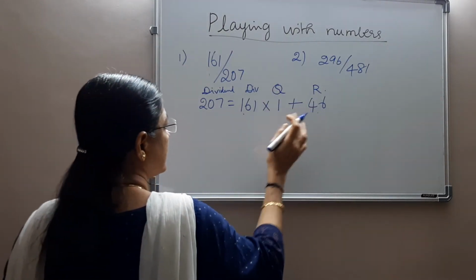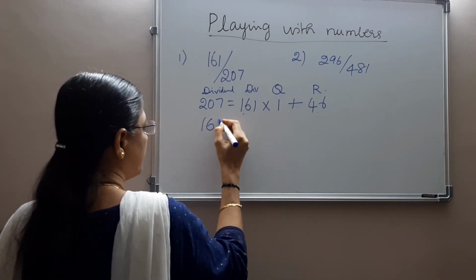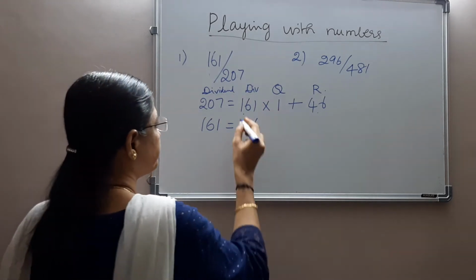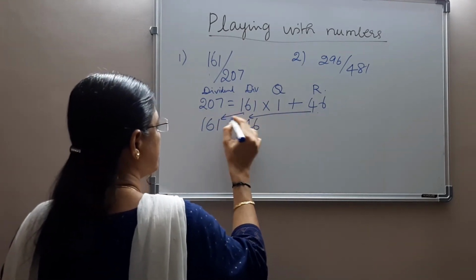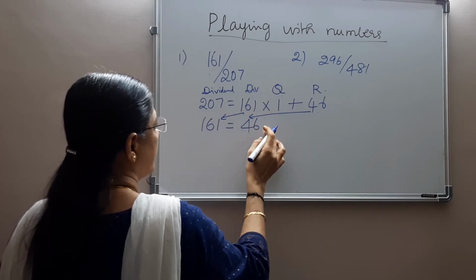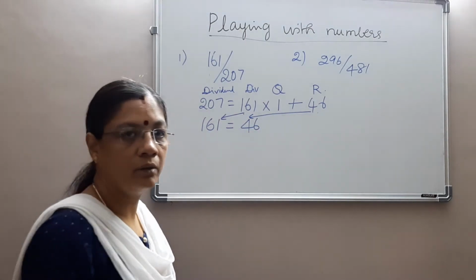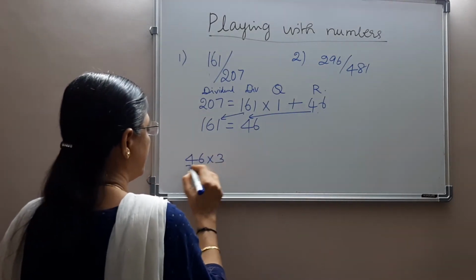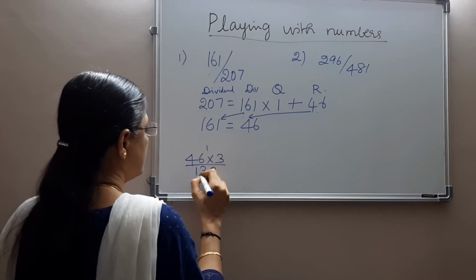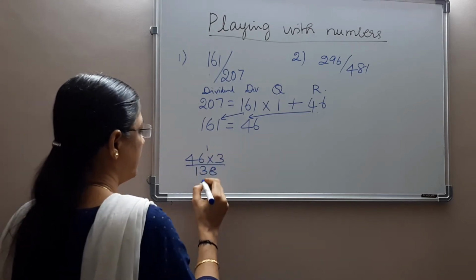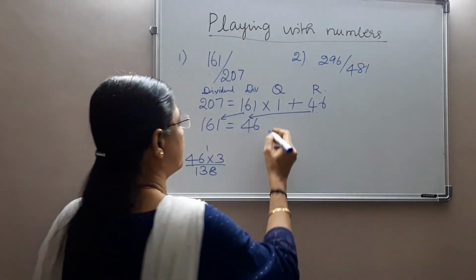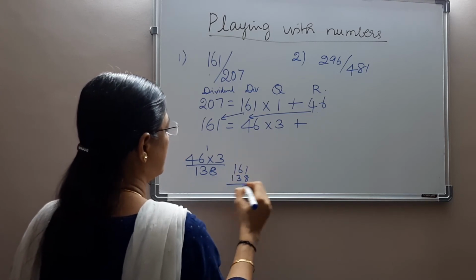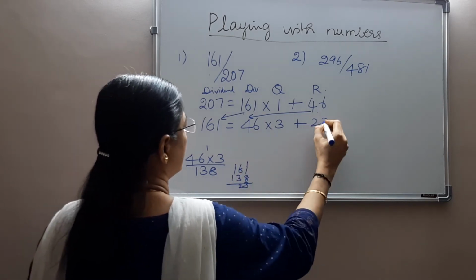So divisor and remainder. The divisor is the largest number, so you take it as dividend here and put this 46 in the divisor's place. See, 161 comes here and 46 comes here. Now you need to represent 161 in terms of 46. Okay, so 46 into 3, let me try. 6 times 3 is 18, carry 1, 12, so 138. You get 138, plus 46 will go more than 161. So 46 into 3 plus, what is 161 minus 138? 23. Okay, 23 is your remainder.